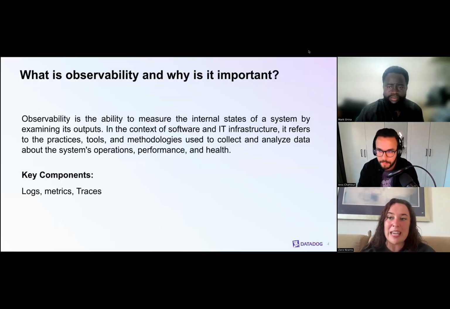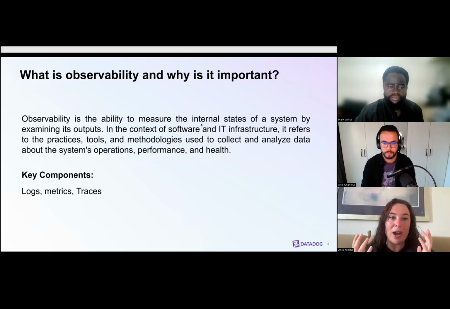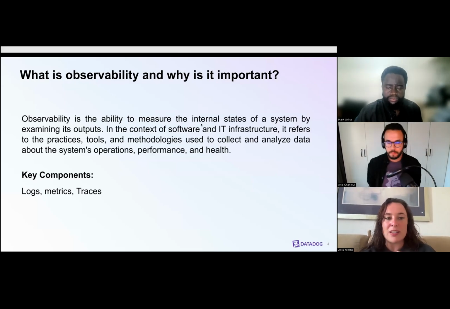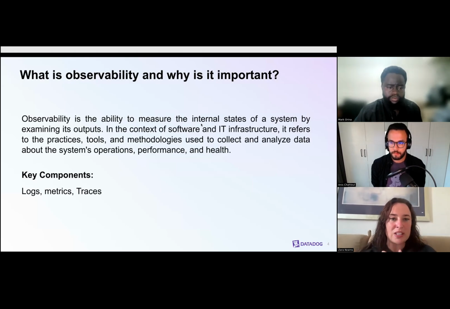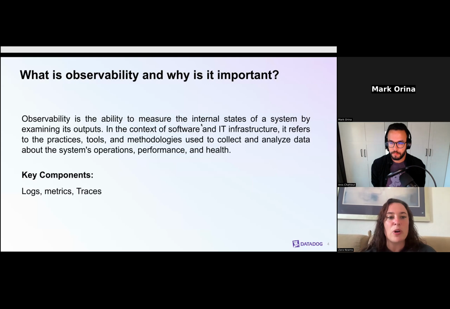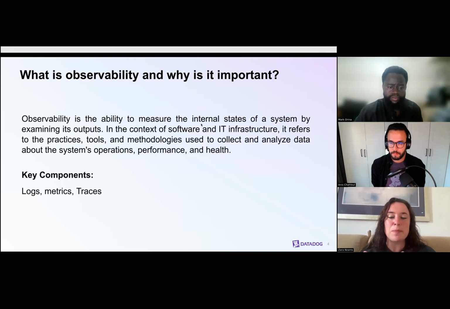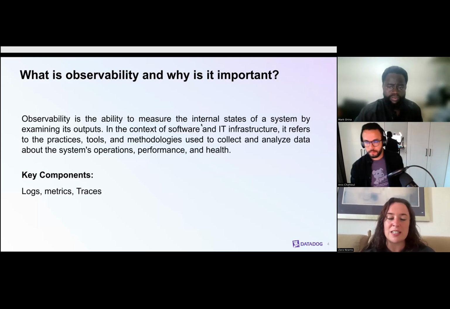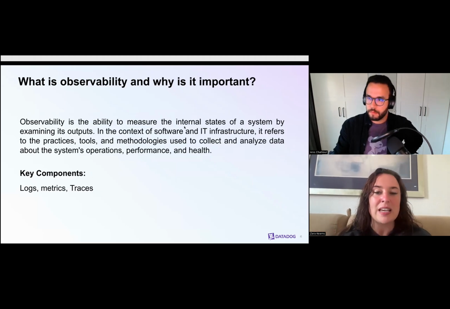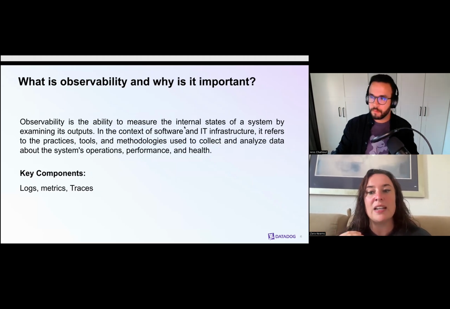So to begin, what is observability and why is it important? As you know, you are fairly new in your AWS journey, but observability is the ability to measure the internal states of a system by examining its outputs in the context of software and IT infrastructure.